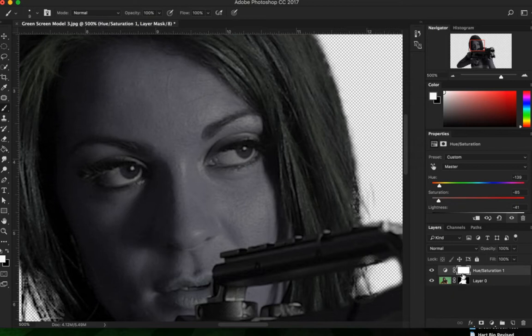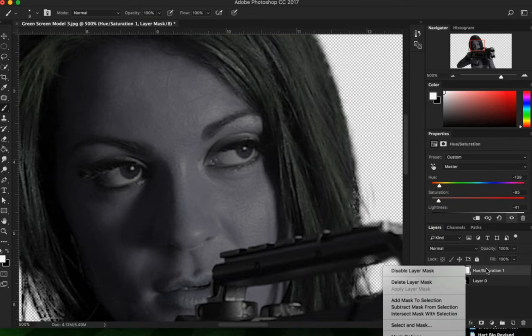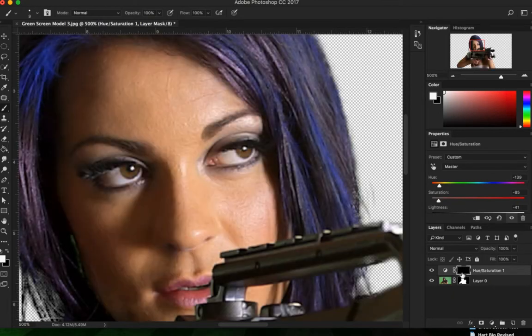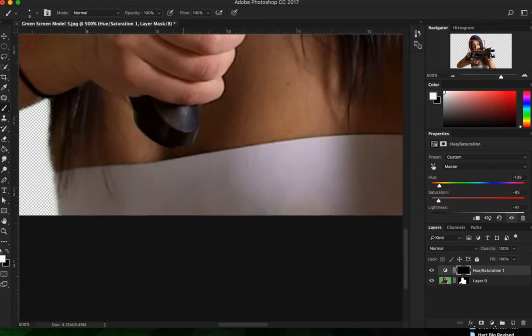But see, we don't have a mask. Everything is selected. That's why the whole picture is gray right now. If I go in and actually invert this with Command I, as in igloo, Command I, now we're back in full color,